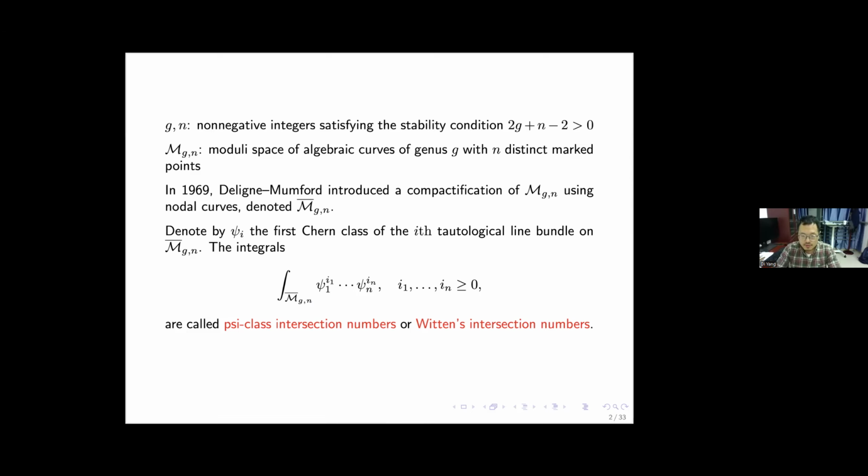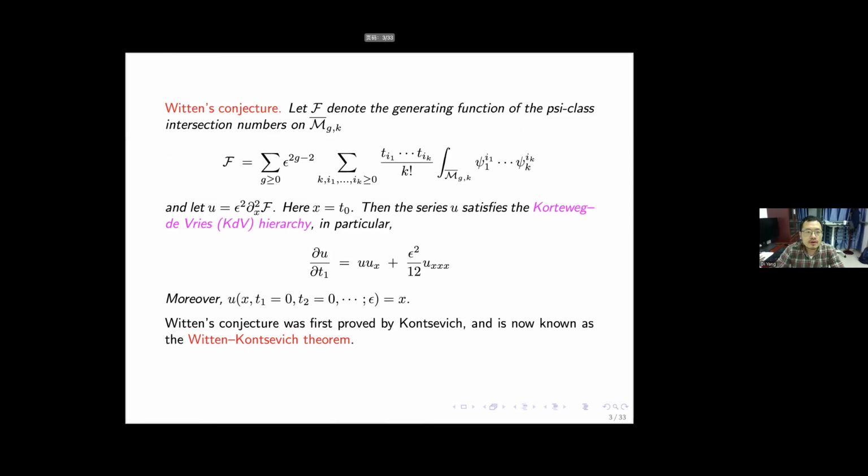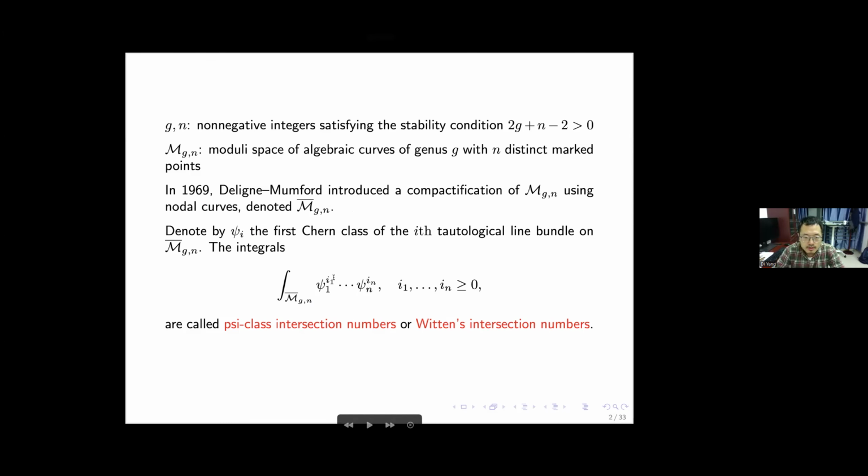They are also called Witten's intersection numbers because of the following conjecture and theorem. In mathematics, to study many numbers like this, which are indexed by non-negative integers I1 to IN, and also G and N,